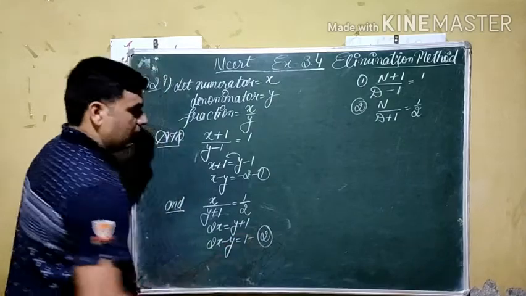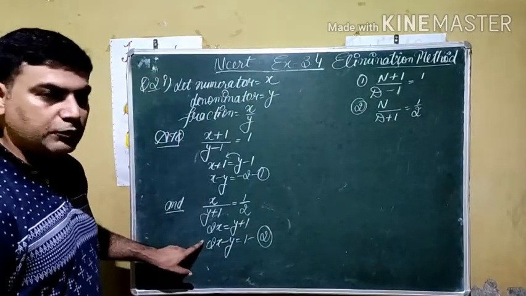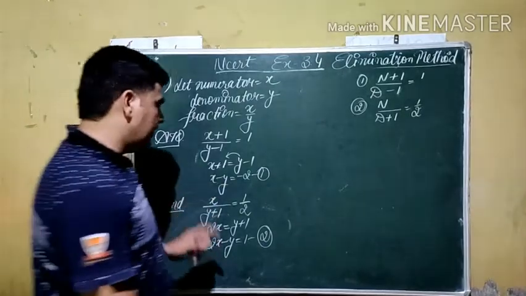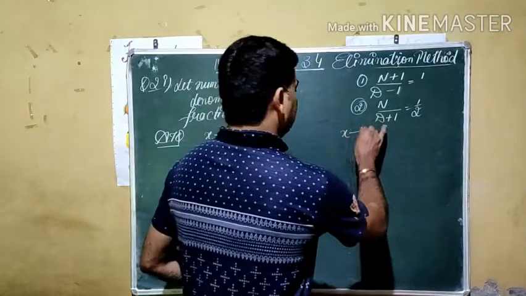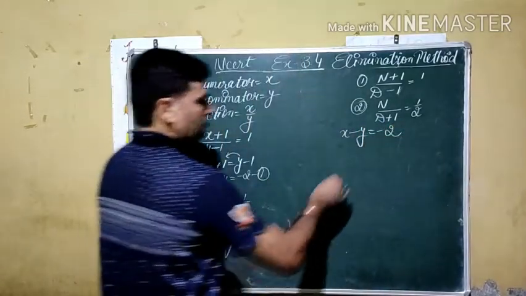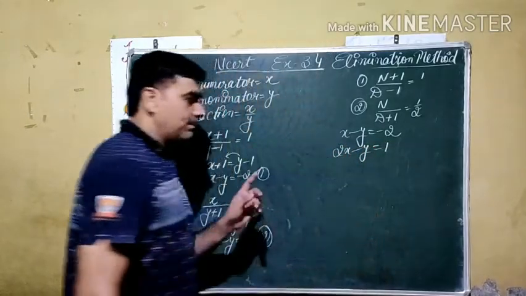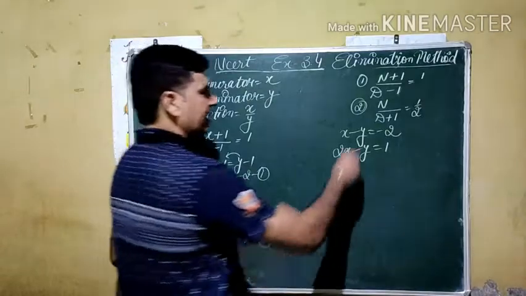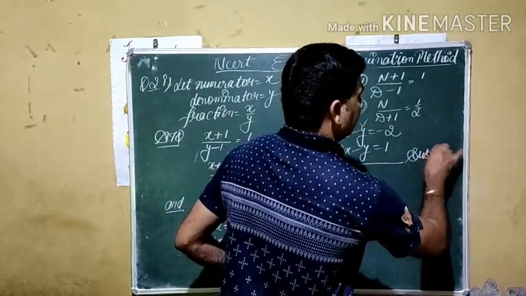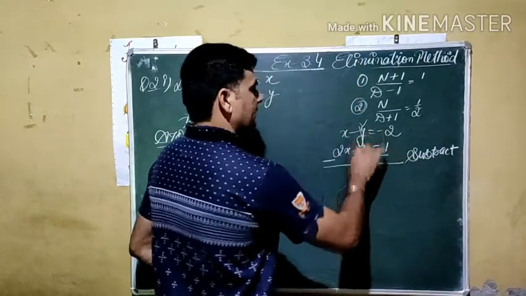This is result number 2. If you see the coefficients of x here, they are 1 and 2, so the LCM becomes 2. But if you see y, both are the same. The first condition is x minus y is equal to minus 2, and the second is 2x minus y is equal to 1. The values of y are the same, and the symbols are the same. So we are targeting y here. Changing the sign means we are going to subtract here. The change of sign cancels out y.